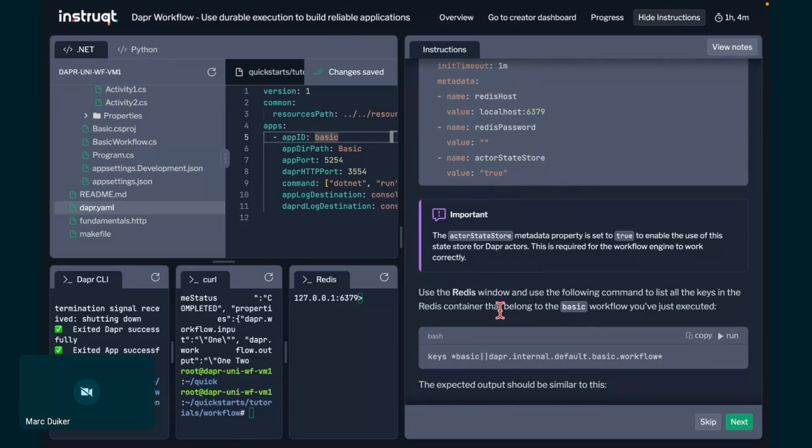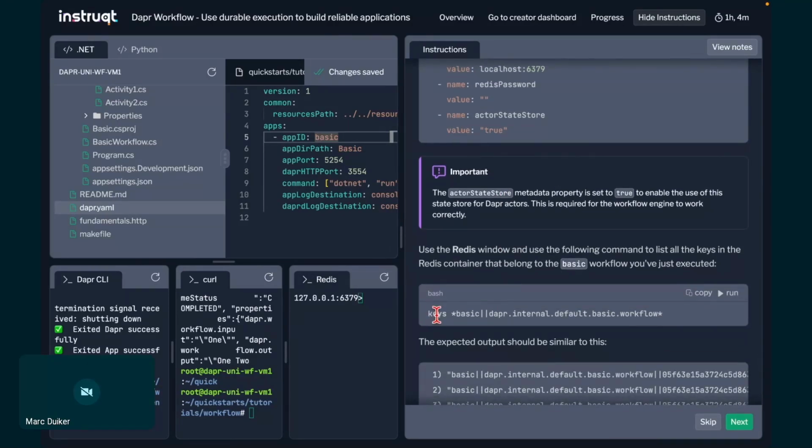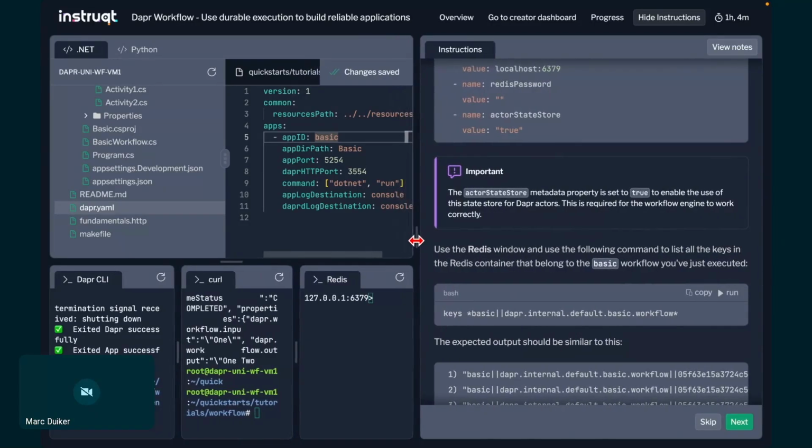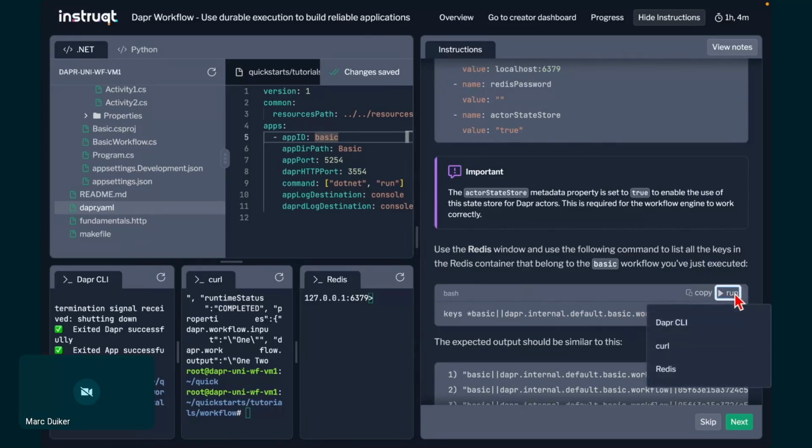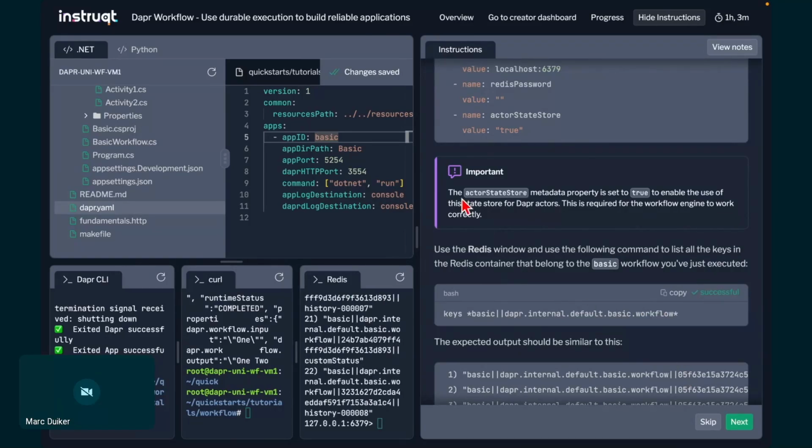And in case we are using Redis, I can actually look up the keys in Redis that contain the data for this workflow. So I'm going to do a query in Redis where I want to list the keys that contain this string. So basic, then double pipe, and then dapr internal default basic, because that's the name of the workflow, and then dot workflow. So if I run this in the Redis terminal,